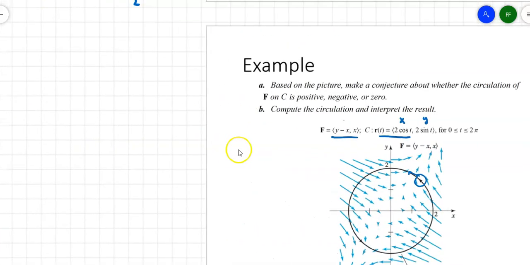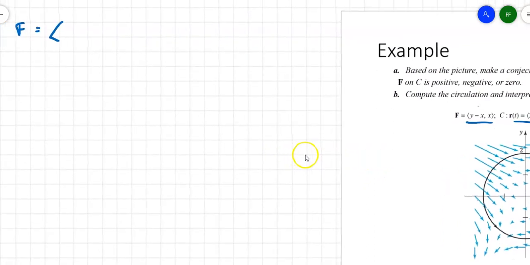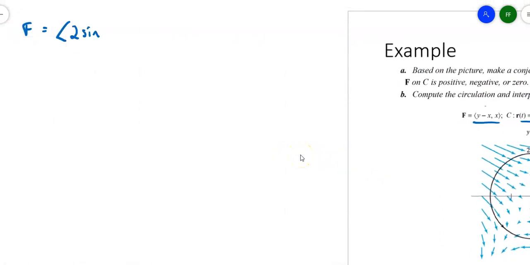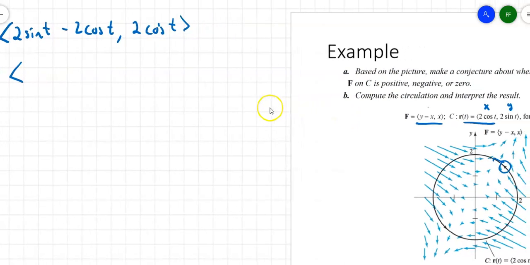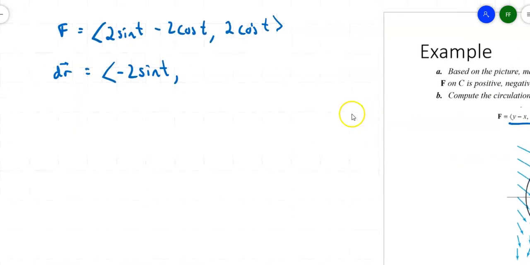I'm going to slide over here. That means that the vector field in terms of x and y is 2 sine t minus 2 cosine t. That's my first coordinate. And then my second coordinate is 2 cosine t. What is the derivative of r? Well, the derivative of cosine is negative sine, so I'll get negative 2 sine t. The derivative of sine is cosine, so 2 cosine t. Looks like I'm going to have to integrate this from 0 to 2 pi in order to go all the